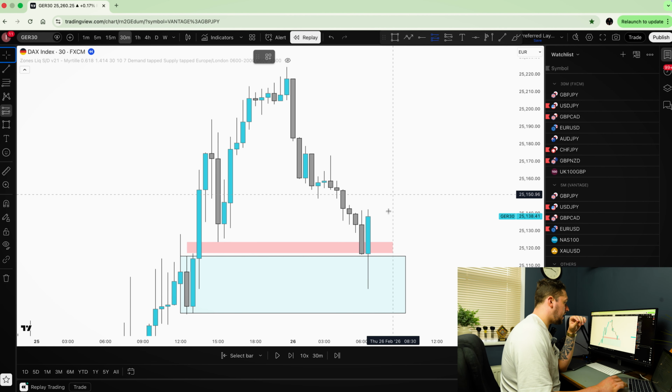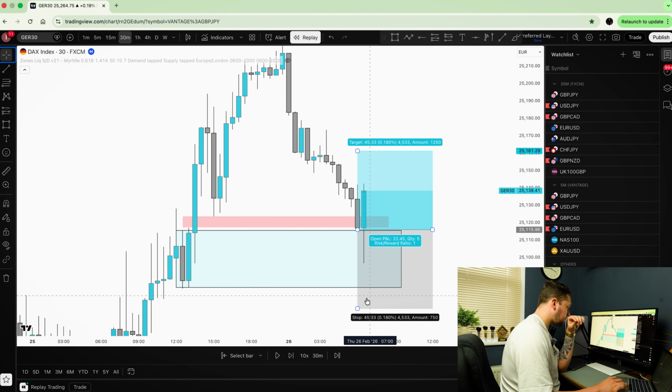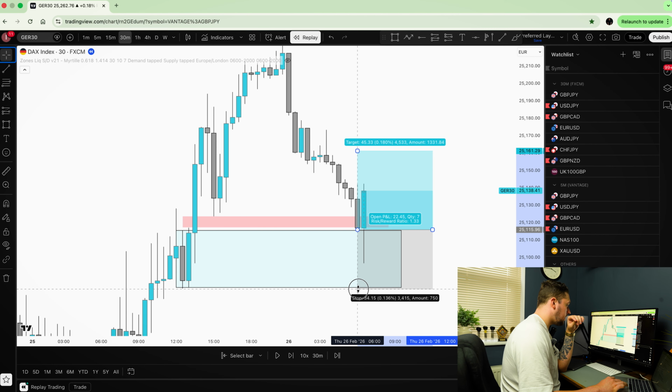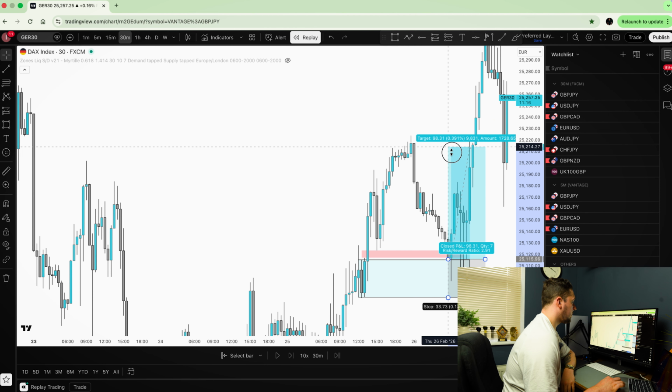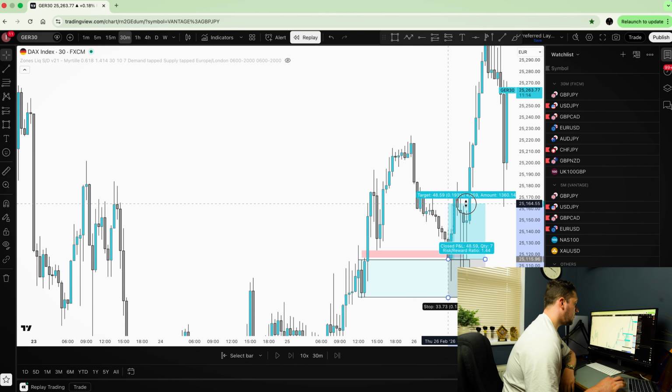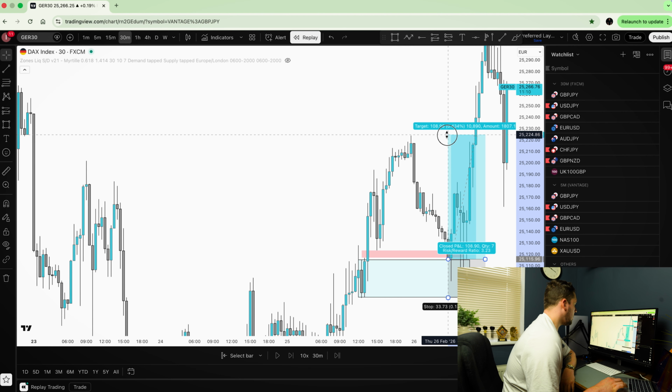So our entry point would be on the zone here. As soon as it met the zone, our stop loss would go below the zone. So when we look at this trade, we can also use imbalance to see where we're going to target with this trade. So we've got our entry, and now we're looking to the left